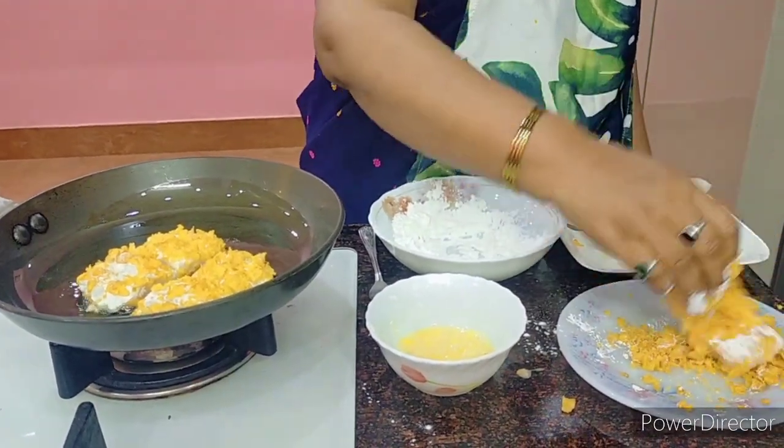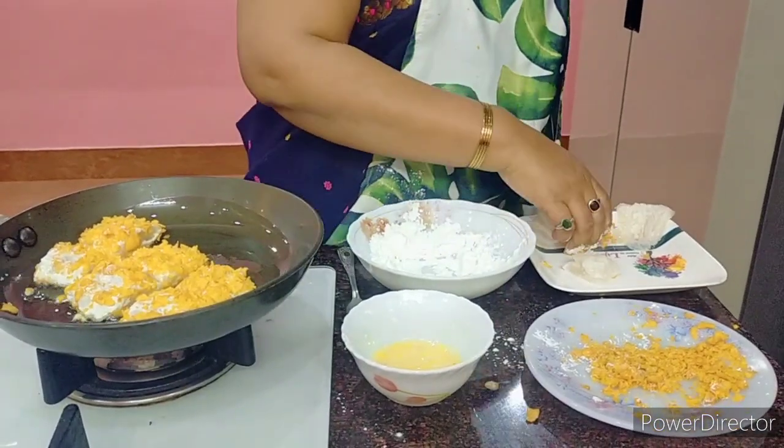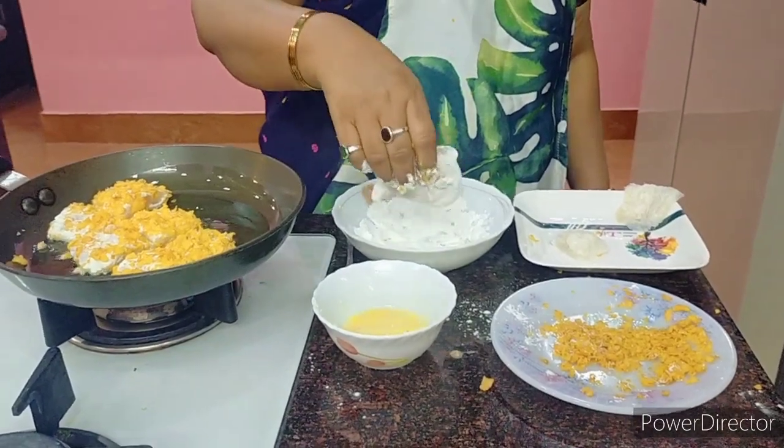Get at least 2 fillets. This is not going to last at all. Right. So here, this is just 1 fillet. Seemed big when I first opened it, but now